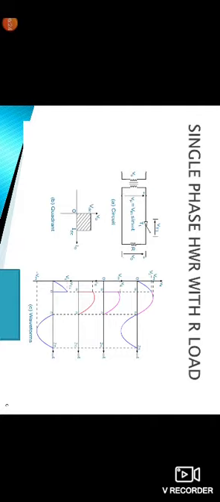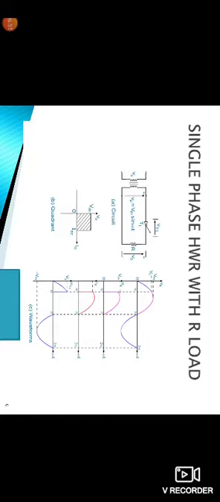Then up to pi there is the action of the conduction angle, and then it follows the same input sine in the negative direction, with amplitude of minus V1. Here the amplitude in the positive direction is plus V1. These are the waveforms in the single phase half wave rectifier with R load.